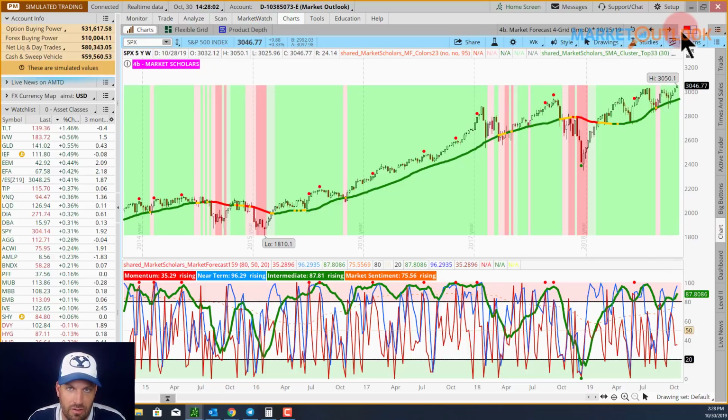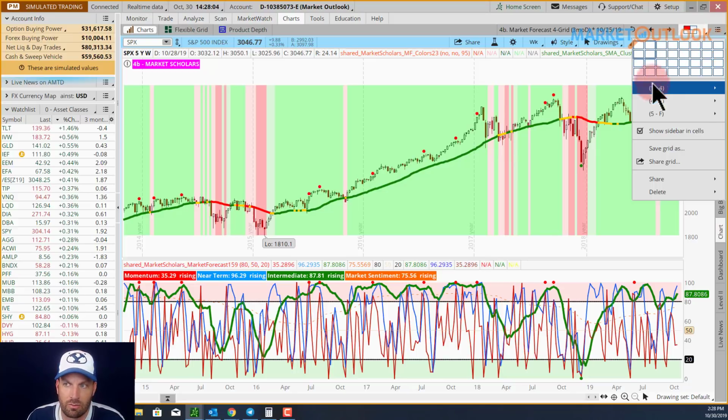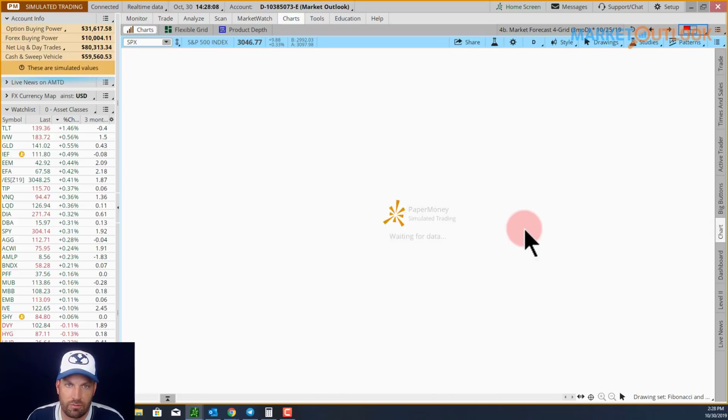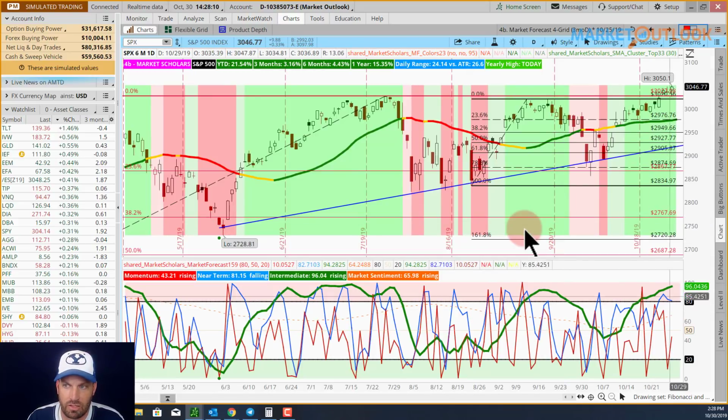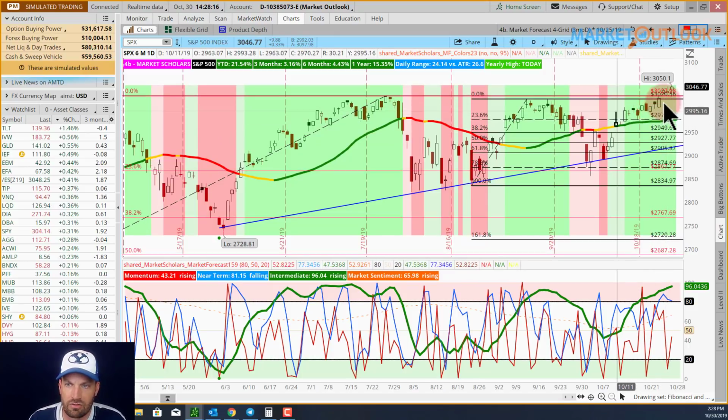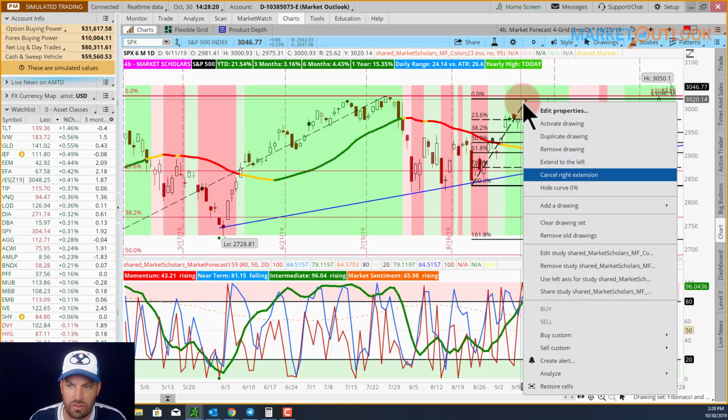Market sentiment gives us our path of least resistance, which right now is to the upside, right? Because it's rising, there's going to be more up days than there are down days, and the down days will be smaller. So that's how you can see we're breaking through new all-time highs today. In fact, we can now kind of get rid of these